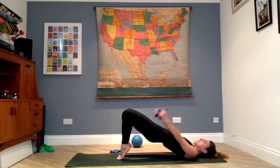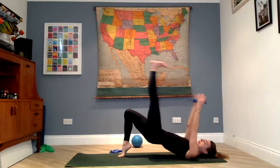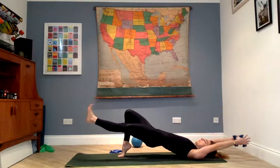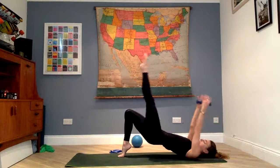ribs to hips, fingertips up to the ceiling, left leg up to the ceiling, flex your foot, inhale, lower the leg, lower the arms, exhale, point the toe, pull everything back together, inhale, lower, exhale, lift, aim for 6, and